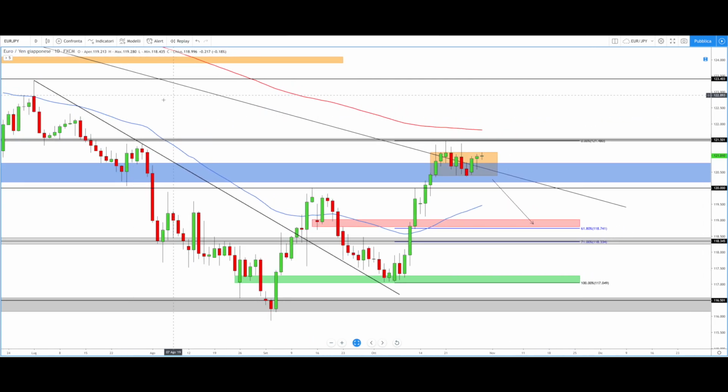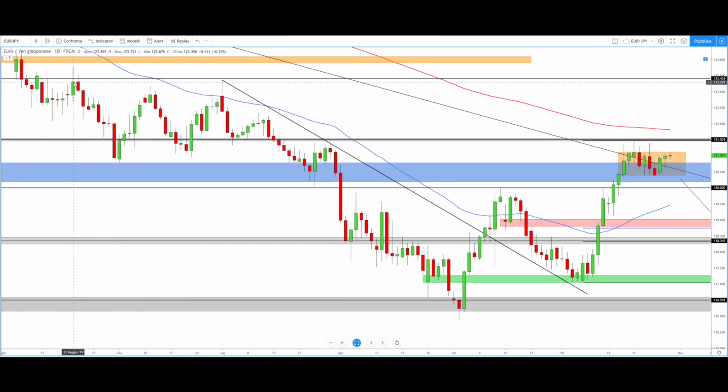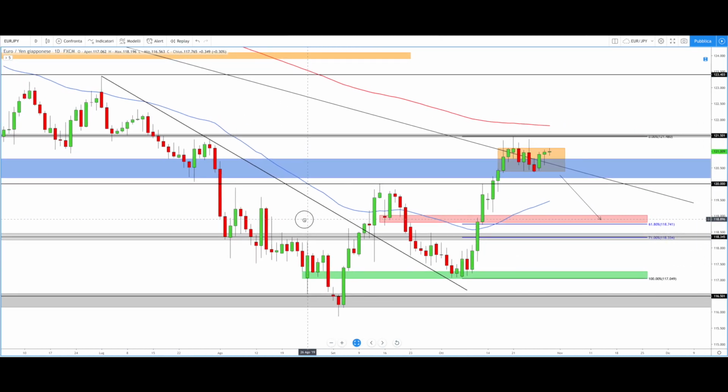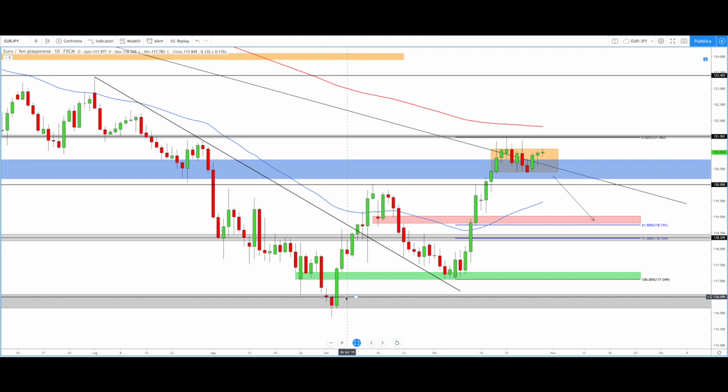We can see here, guys, that the price during the summer between May and July failed to pass this key level 123.40 many times, and from this point at the beginning of July the price started a huge bearish movement that broke many key levels and reached this key support here around 116.50. Here the price has given us a huge bearish signal because we can see a clear